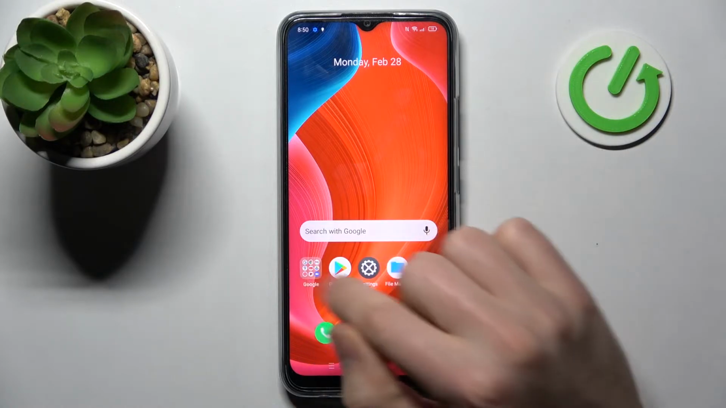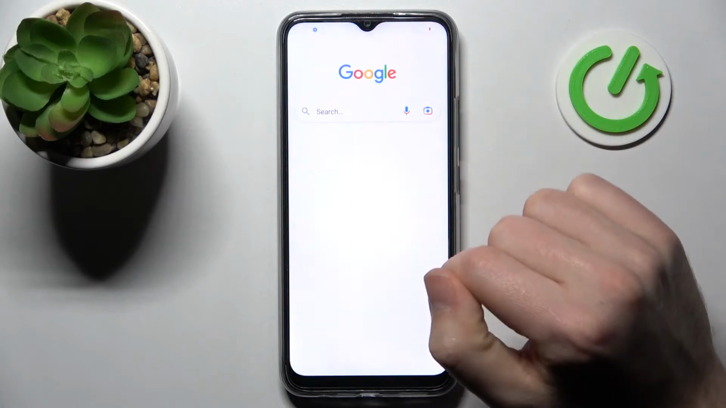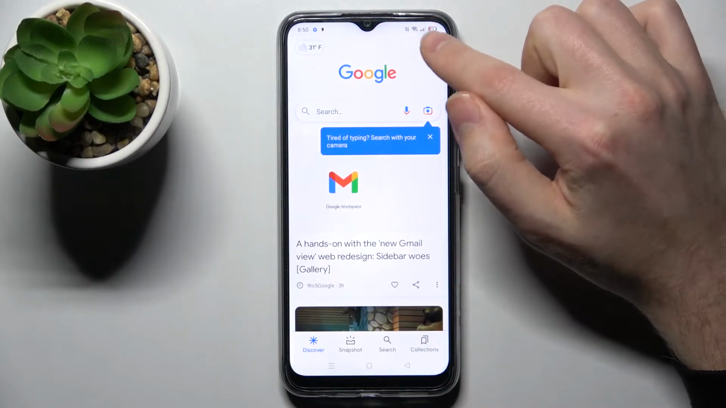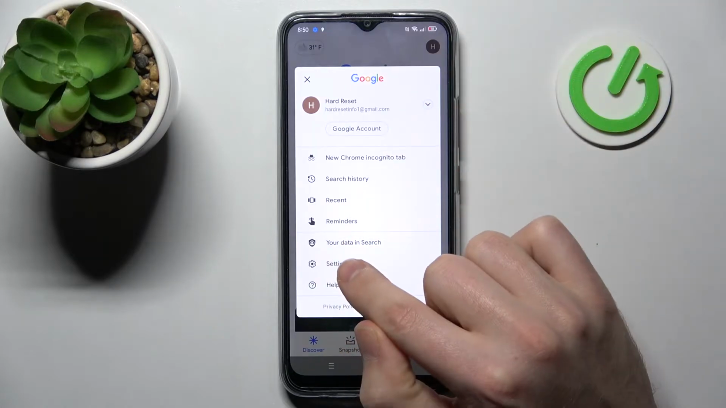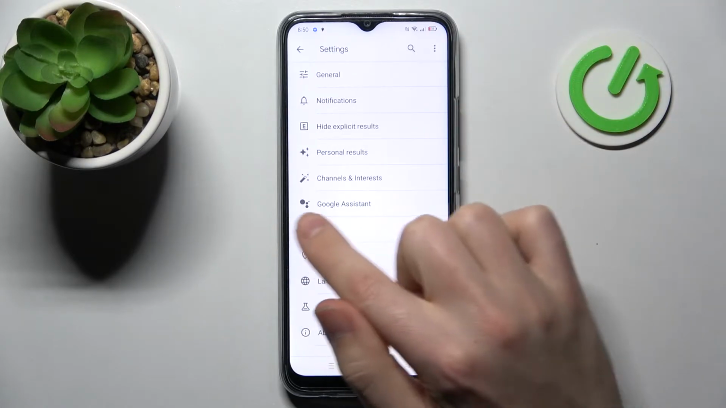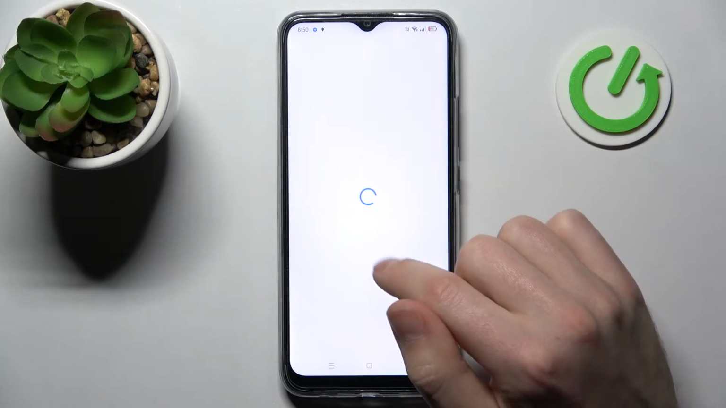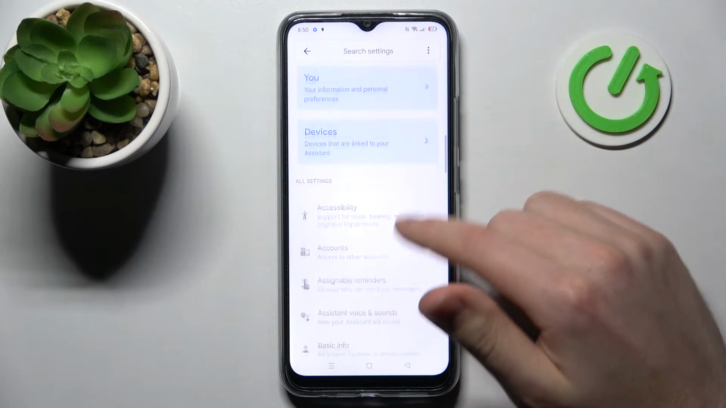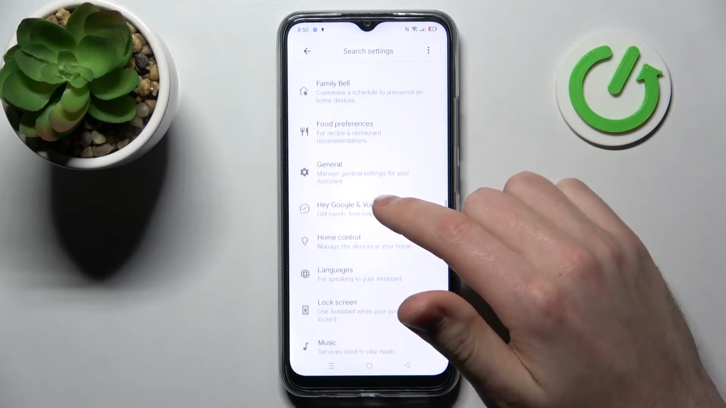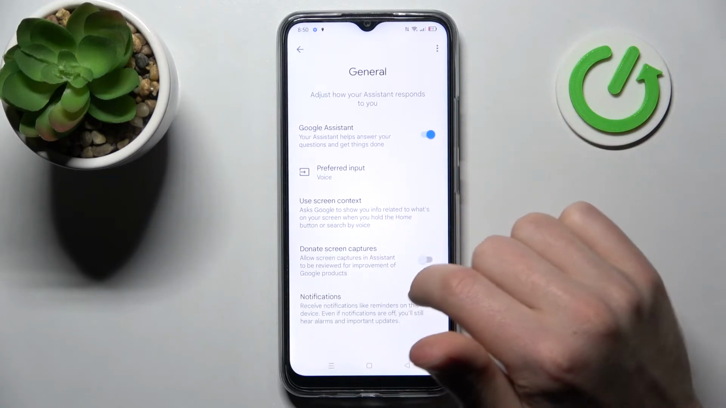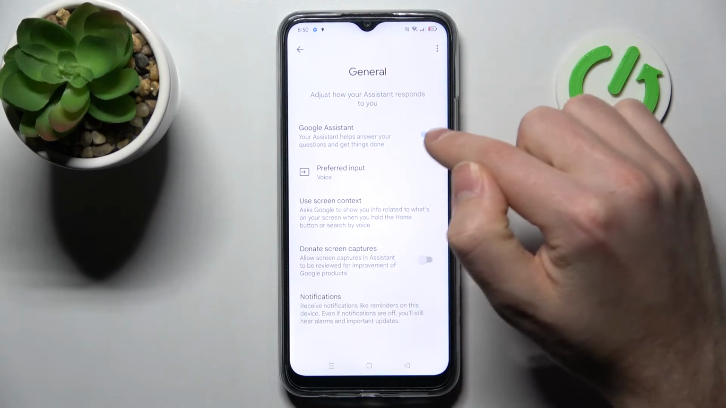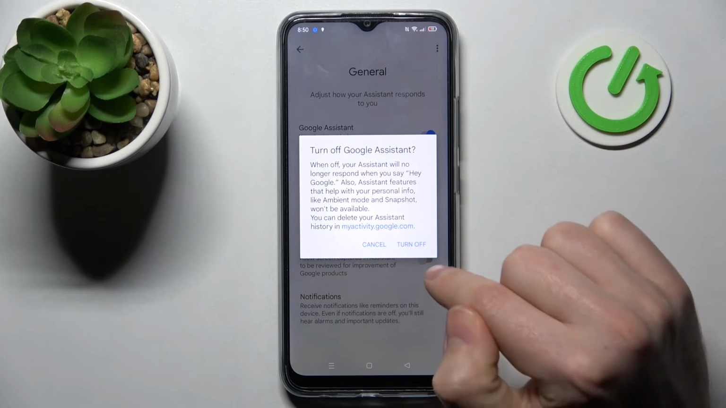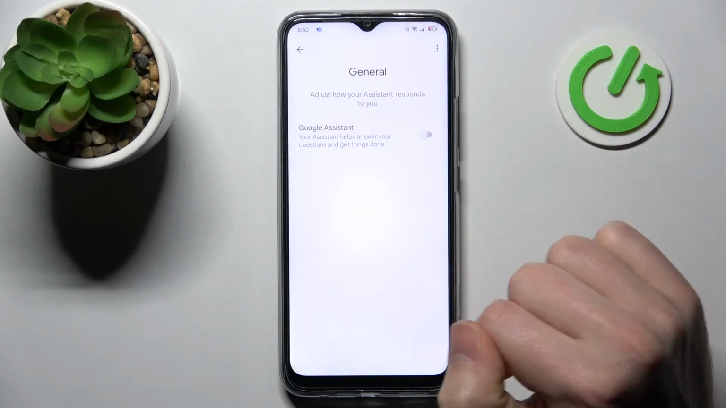First of all, open your Google application, and then in the top right corner we've got the Google account icon, so click it and choose settings. Then go into Google Assistant, and here in this menu you need to scroll down and find the general option, this one. And now click here on the switcher to turn off Google Assistant. Click turn off Google Assistant, confirm the operation, click turn off one more time,